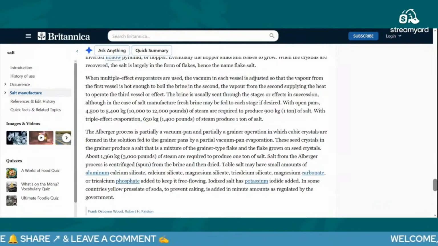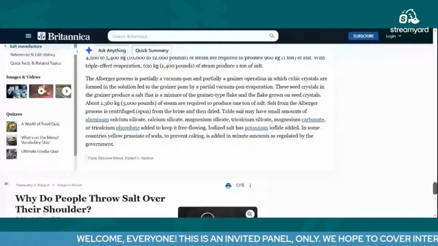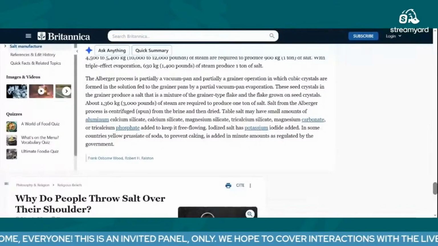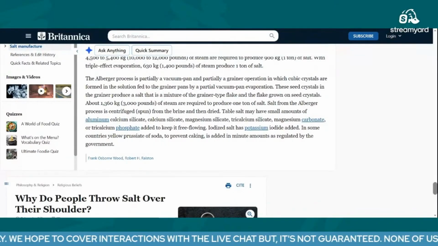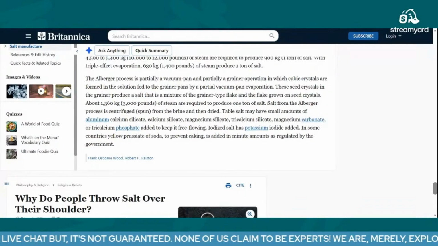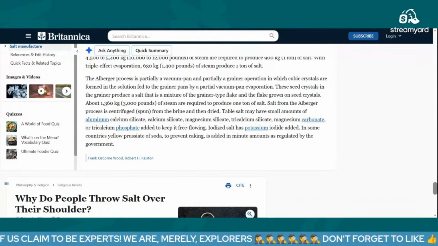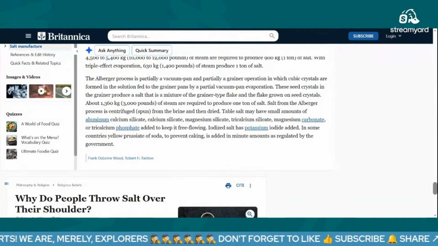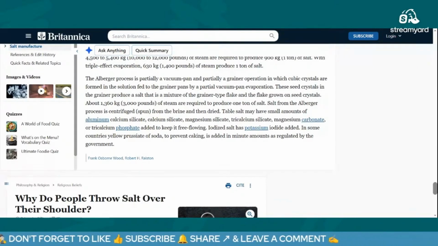The Alberga process is partially a vacuum pan and partially a grainer operation in which cubic crystals are formed in the solution fed to the grainer pans by a partial vacuum pan evaporation. These seed crystals in the grainer produce a salt that is a mixture of the grainer type flake and the flake grown on seed crystals. About 1,360 kilograms, that's 3,000 pounds, of steam are required to produce 1 ton of salt. Salt from the Alberga process is centrifuged, spun, from the brine and